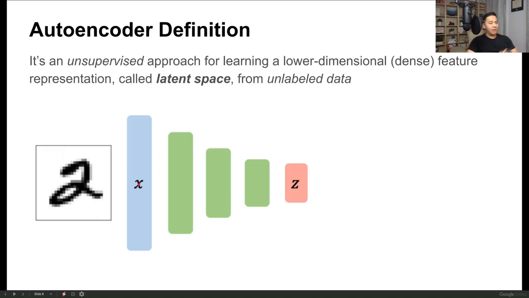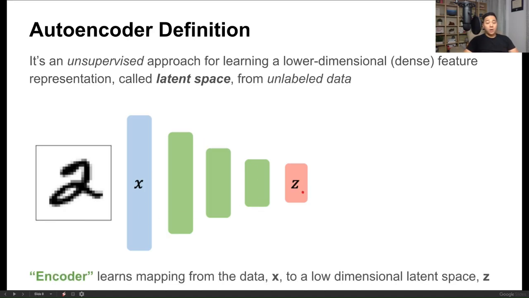So you just have an X, you don't have a Y. So you can build a neural network to compress the representation of X down to Z, right? And this, by the way, we call an encoder. So the encoder is a neural network that learns to map from the data X to a low-dimensional latent space